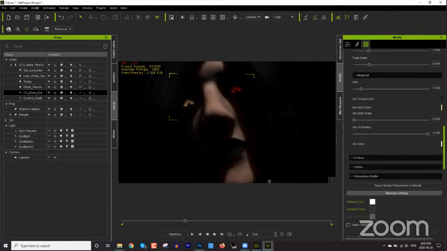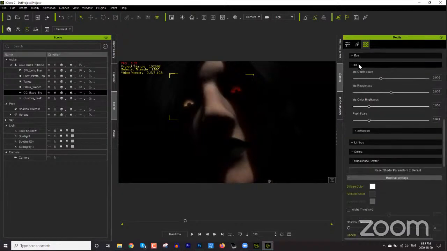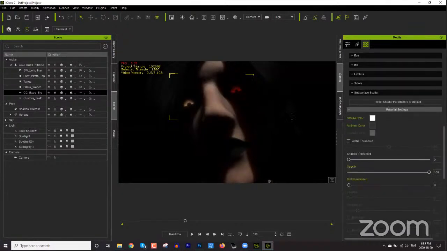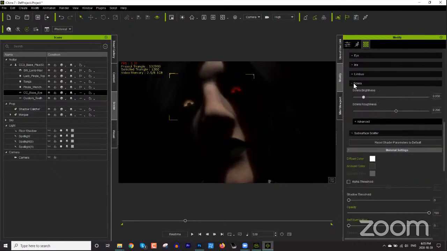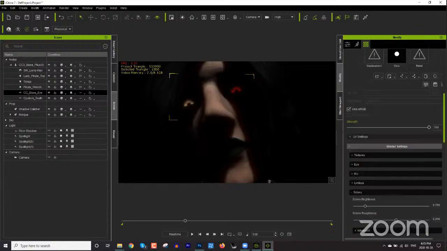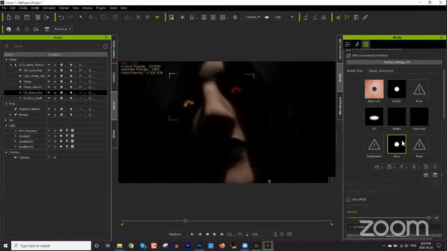Advanced, this is kind of like for reflection of light, so you're not going to get that obviously with no light in the scene, or no light shining on the eye anyways. Sclera brightness, yeah, that'll be the background there. Everything's basically covered up by this glow. So if we took the glow and just